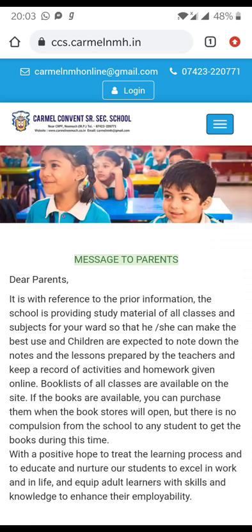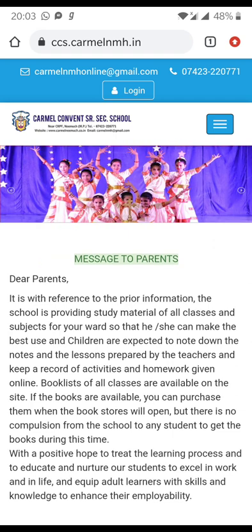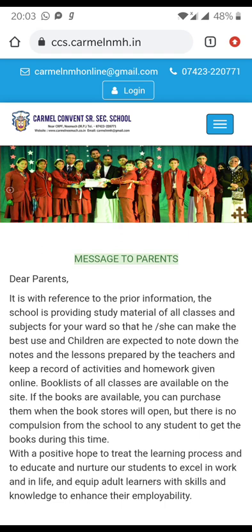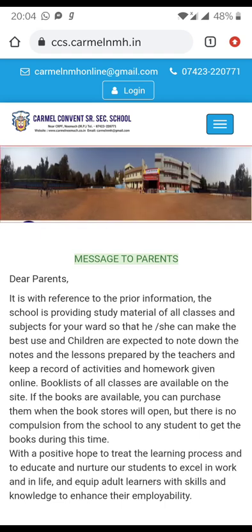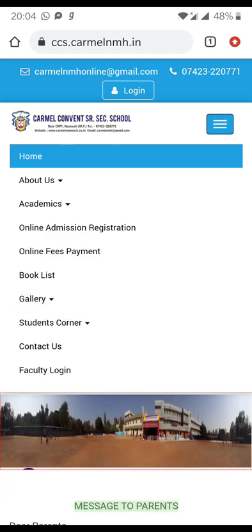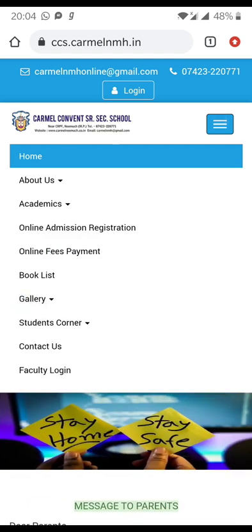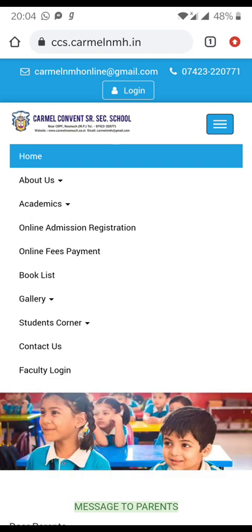Here on the right side, you can see three horizontal lines. It is the bar menu. There you can click the three horizontal lines, and you will get faculty login at the last. Just click on the faculty login.